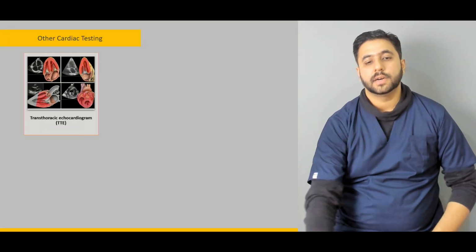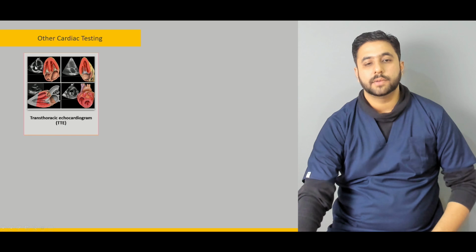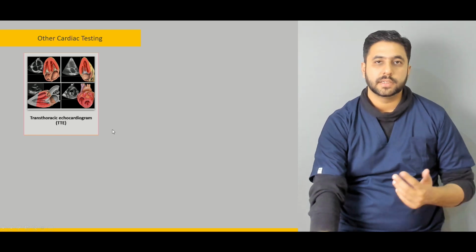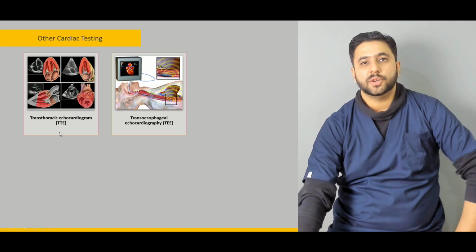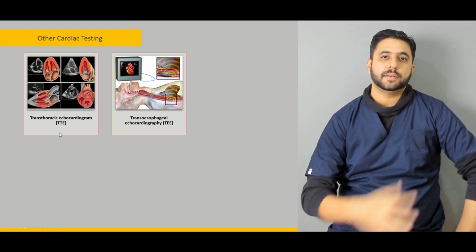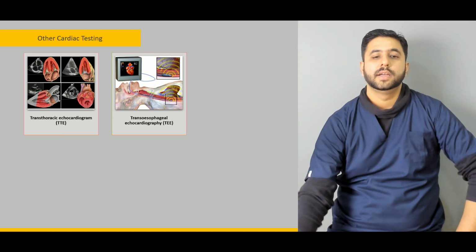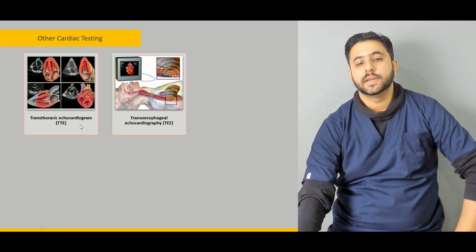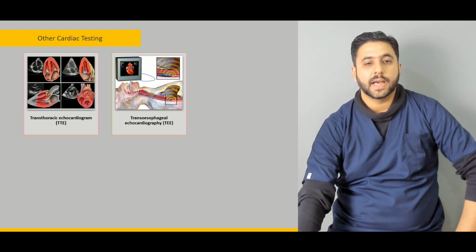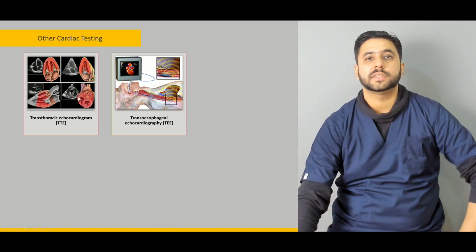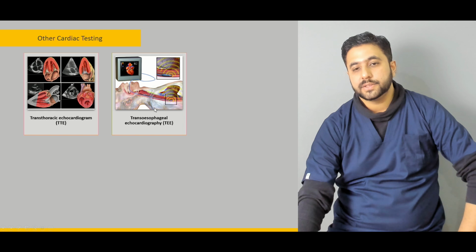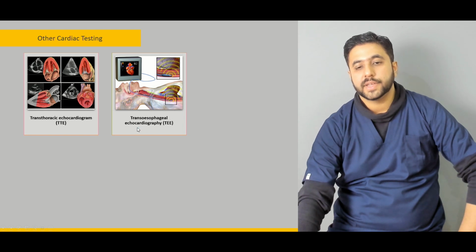Now, apart from this normal transthoracic echocardiogram, which we have just discussed, there are certain other variations. For example, we have a patient who is very obese and there is a lot of fat between his chest wall and the heart. In that case, the transthoracic echocardiogram might not be a very good testing modality, because there will be a lot of fat and we won't be able to appreciate the chambers fully. So in those patients, a very good alternative is transesophageal echocardiography, the TEE, in which we go through